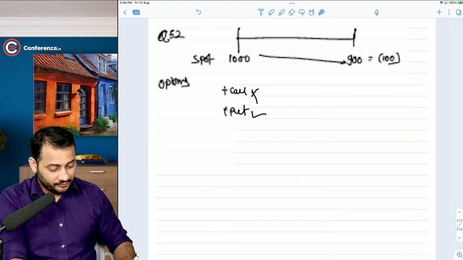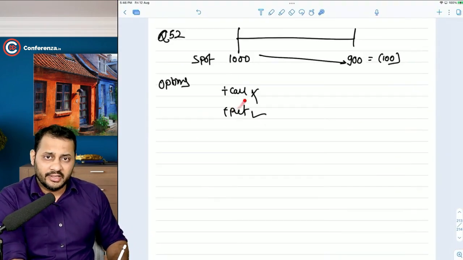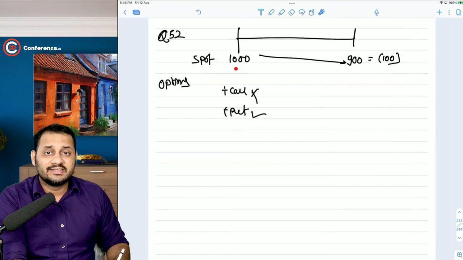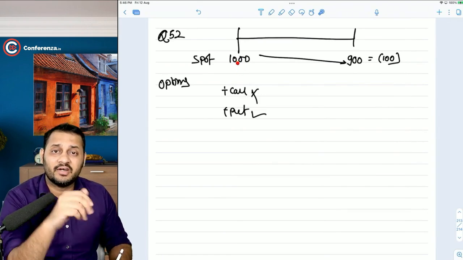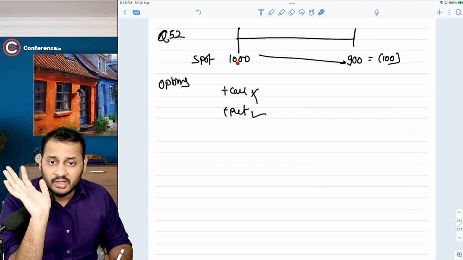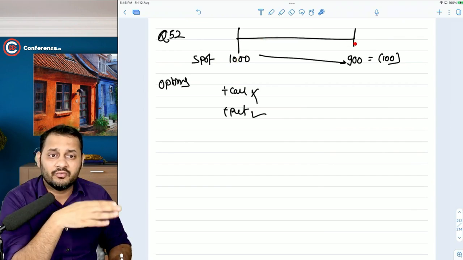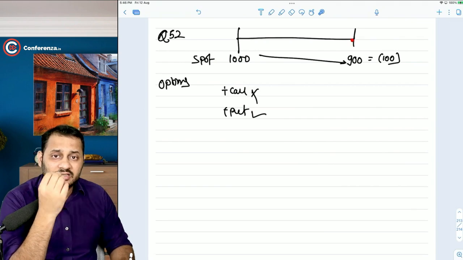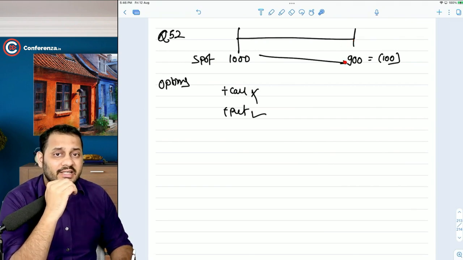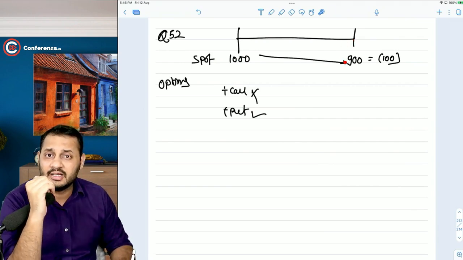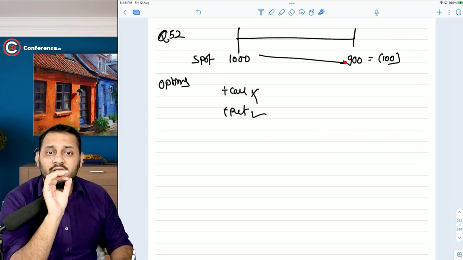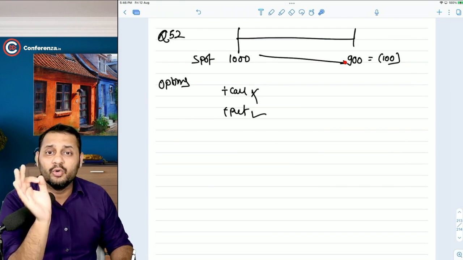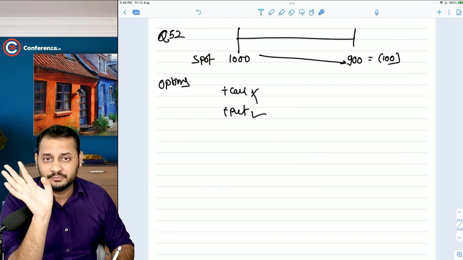Now understand, forget about this market. He is thinking that I should sell the share at this point itself at 1000 rupees, because if he waits for 1 month or so, he is scared that the prices can go down to 900 or 800 as well, and he doesn't want to lose more than 5% of his position. So